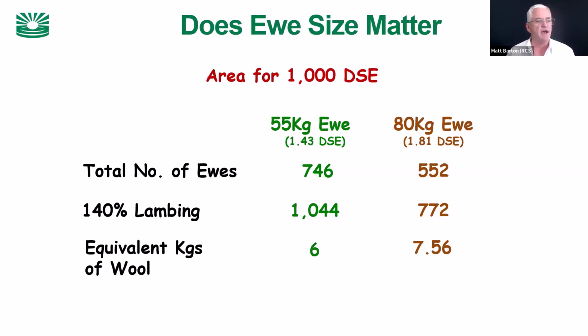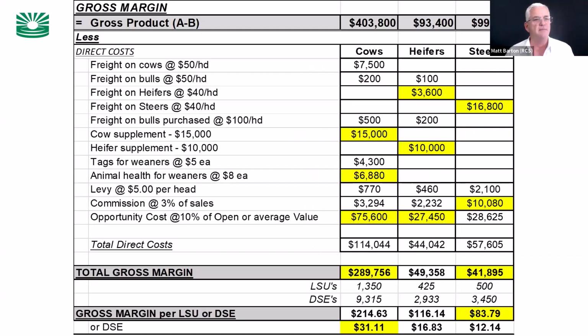Another area is gross margins. The role of gross margins is to compare enterprises, not so much as a figure of profitability, because we know there are two other parts of profitability: turnover and lower overheads. So it's only a third of profitability, but it becomes incredibly important if you want to compare enterprises. This is an example where the cows are producing a gross product, and we'll go through that shortly.